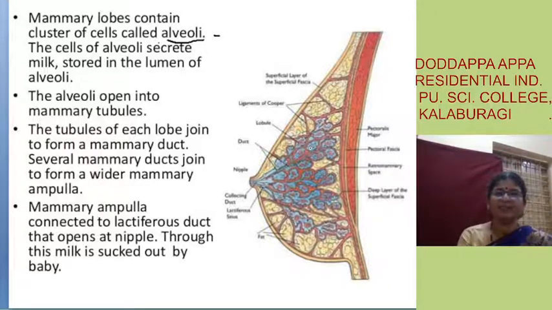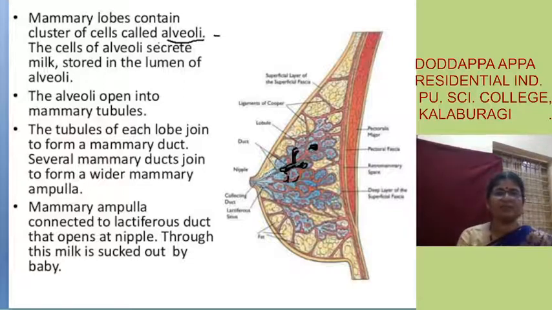These small structures that you can see are the alveoli. These alveoli will secrete and store the milk. The alveoli open into a mammary tubule. So these are the mammary tubules. And these mammary tubules open into a mammary duct, and several mammary ducts